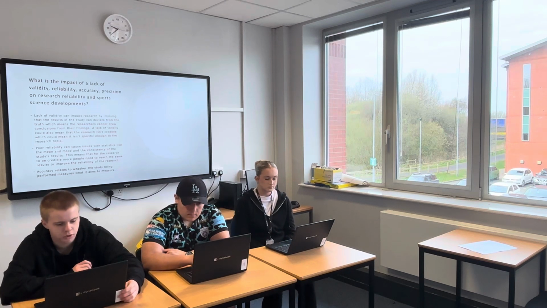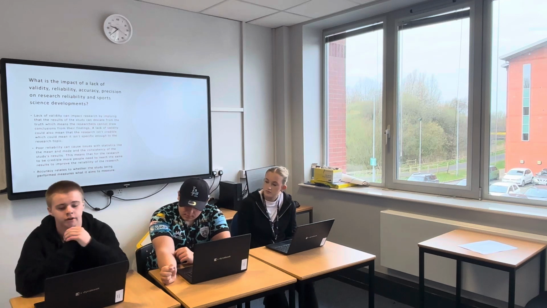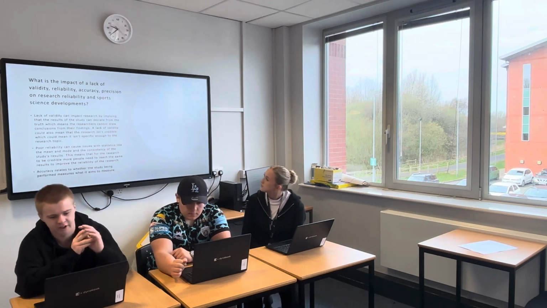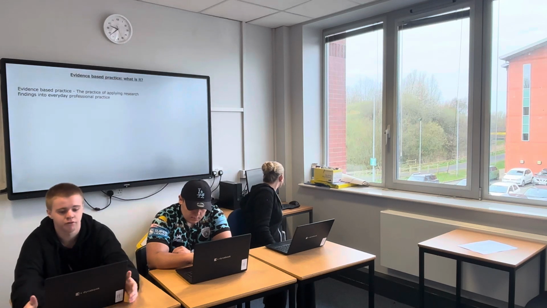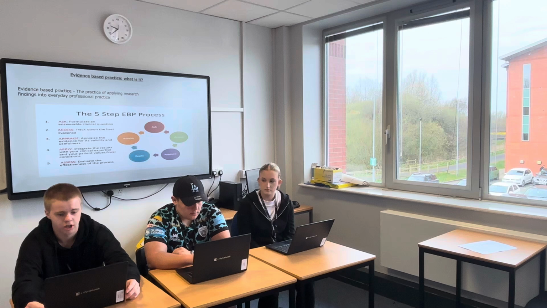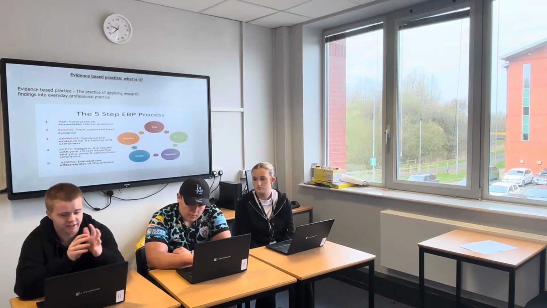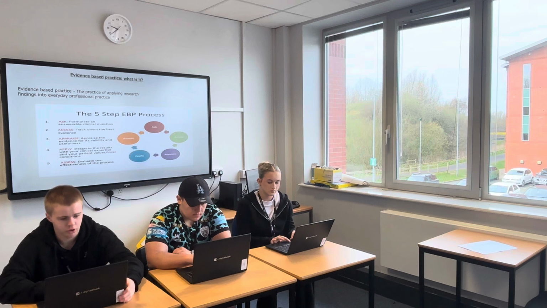When working within sport and exercise, you always use research to plan and review your work. This is called evidence-based practice. Evidence-based practice is the practice of applying research findings in professional practice. So evidence-based practice is a 5-step process. The first stage of evidence-based